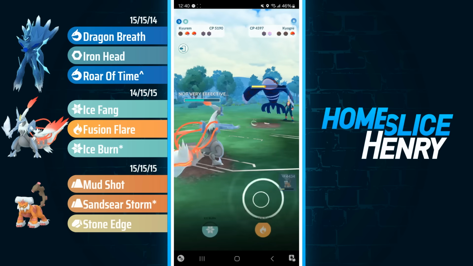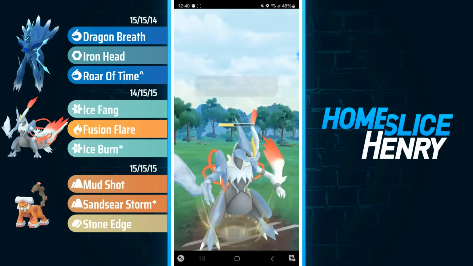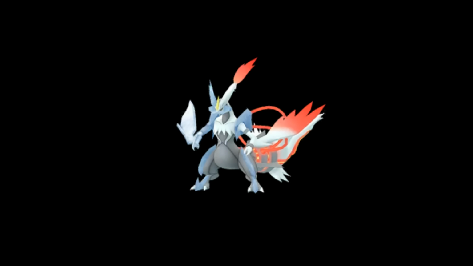They go for the Surf, that just does nothing. Oh my goodness. Just absolute nightmare fuel for Kyogre. I get to fire off Fusion Flare. They no shield because, of course, Landorus has a move, but that +1 Ice Fang is still enough to deliver victory. All in all, I think this team's a pretty solid team if you're looking to climb the ranks in